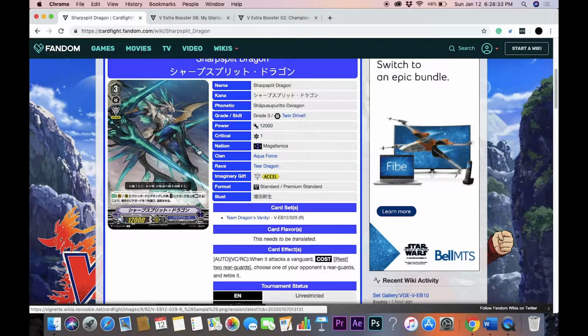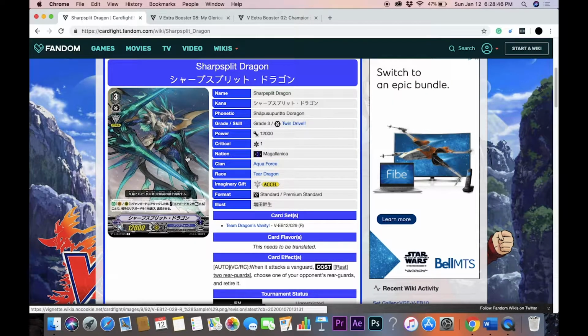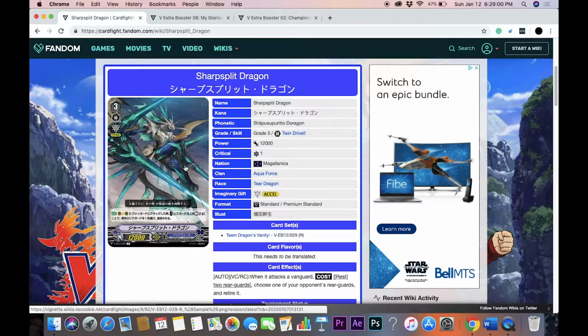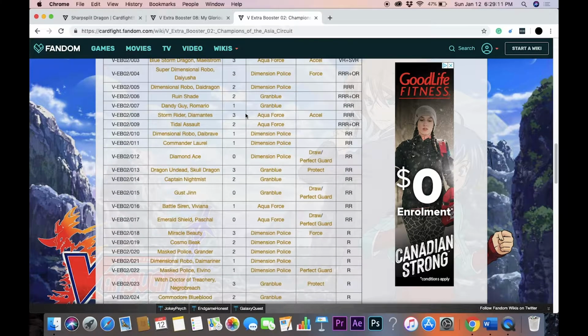But this card and her are the only ones performing the combo, because the skill of this card is that when it attacks a vanguard, you can rest 2 of your rear guards and choose one of your opponent's rear guards and retire it. So now you can use the ability to rest 2. For example, if you have 2 Narisas on the board, you can rest 2 Narisas and they can stand by using 2 soul, so they can get plus 10k each, and then you can also pop one of the opponent's rear guards. So there's an option,